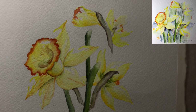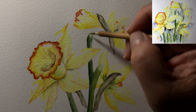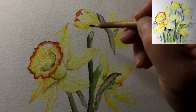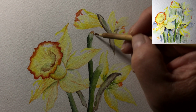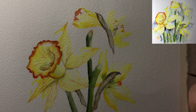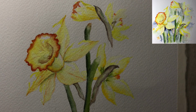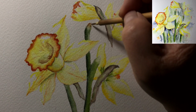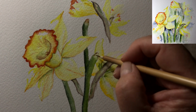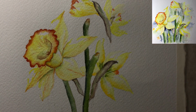And now I promise you I'm going to tell you what I'm going to do, okay? I'm going to use some burnt sienna. And then yellow ochre, okay? Because that's what the tip of the daffodil's leaves look like, okay? So just kind of like that. Or maybe burnt umber. You can just drop a little burnt umber because it looks like it's burnt a little bit, okay? The same over here, okay? A little bit of burnt umber that was still in my brush, okay? And I'm going to use a little bit of yellow ochre. Okay,